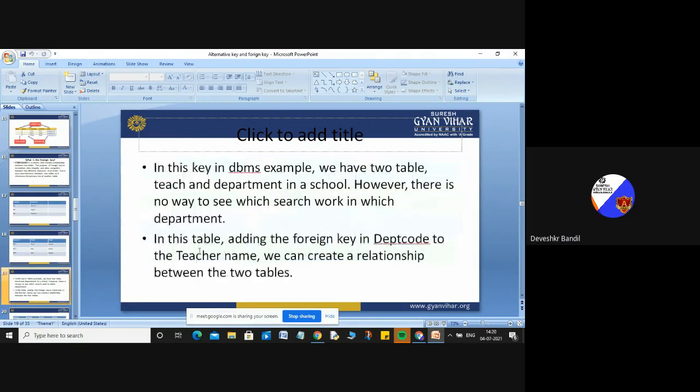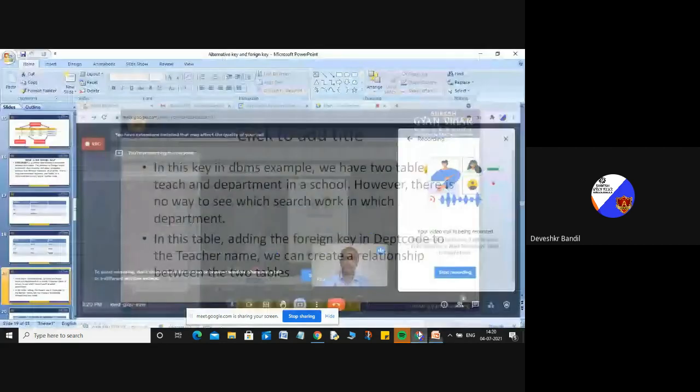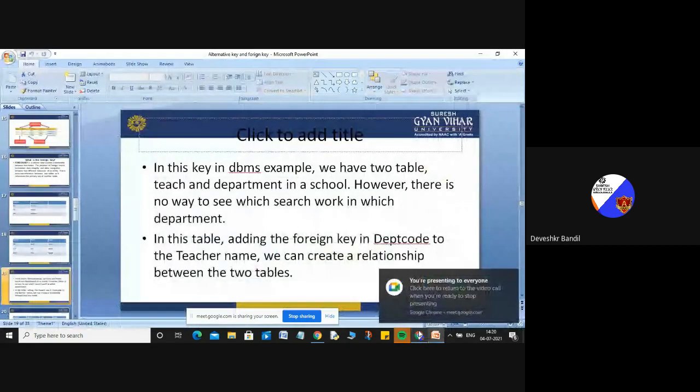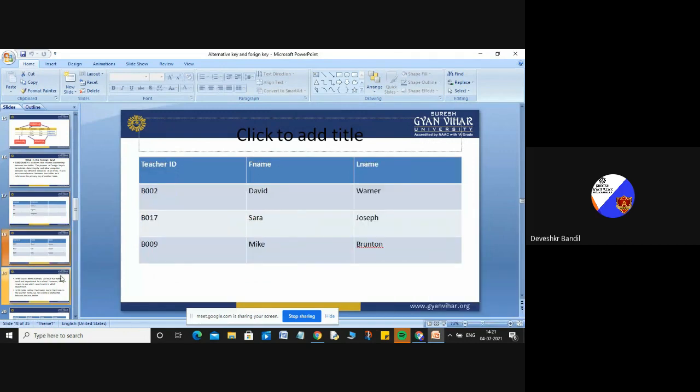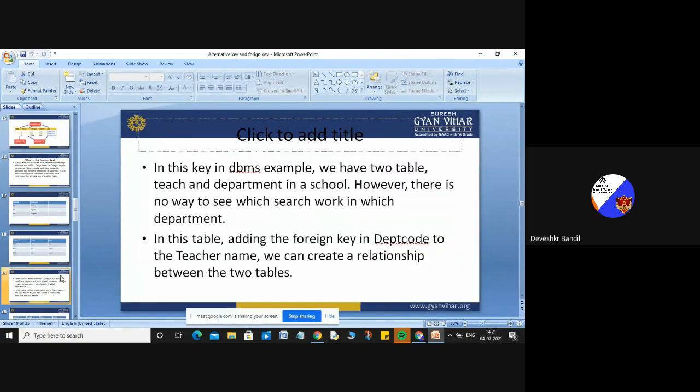So in this DBMS example, we have two tables, teacher and department. This is the department and this is the teacher. However, in a school, there is no way to see which teacher works in which department.